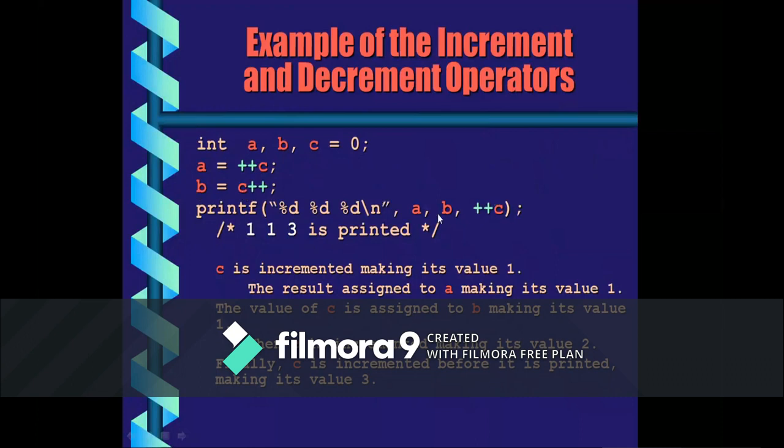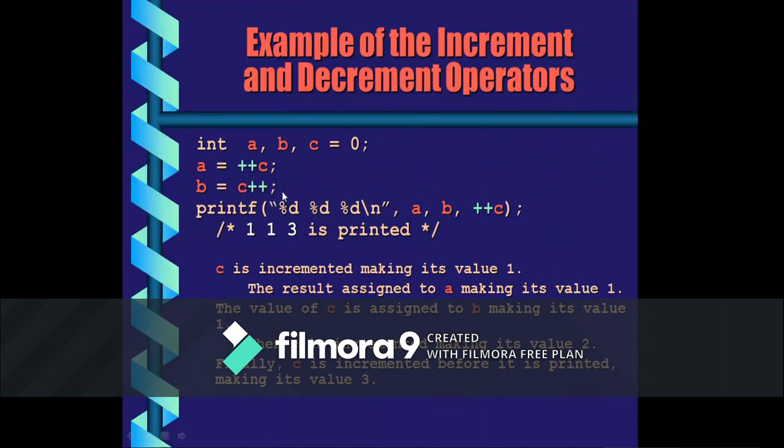But if you're taking plus plus C, after this statement, your C value becomes 2. So after 2, again I'm doing pre-increment, so again it will become 3. So the output will be 1, 1, 3. So once again, I'll explain this. Initially, my C value is 0. This is the pre-increment. So A value will be 1. First increment, then it will be assigned. So A value will be 1. B is again the same, 1 only. So it will not change at this time.